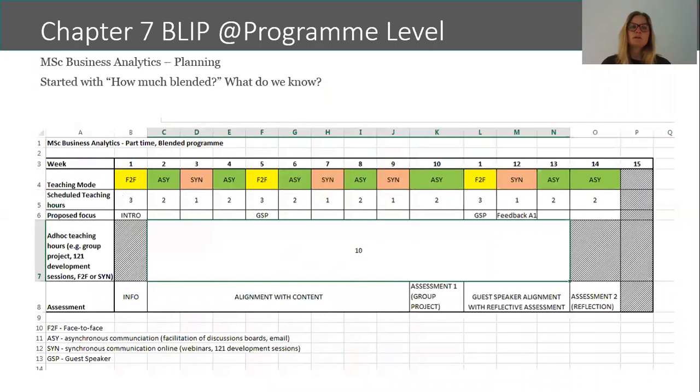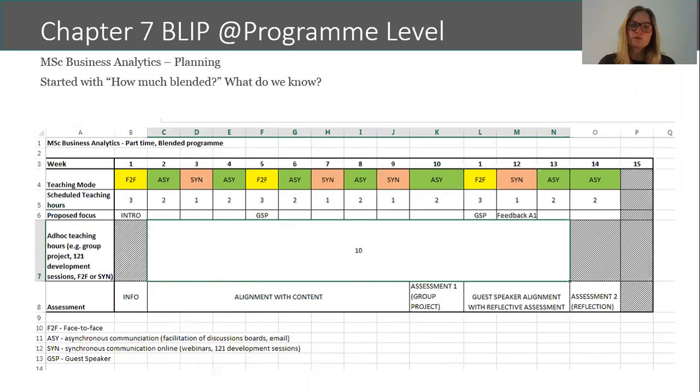Another approach here is a part-time master's program for business analytics. And again, we started with the same question: how much blended do we actually want? What do we know about the cohort? So they're part-time students, they're working, they have limited resources in terms of time, but also getting from A to B, maybe they're in London, etc. So this is a more sequential approach, very different to the one that I showed you earlier,